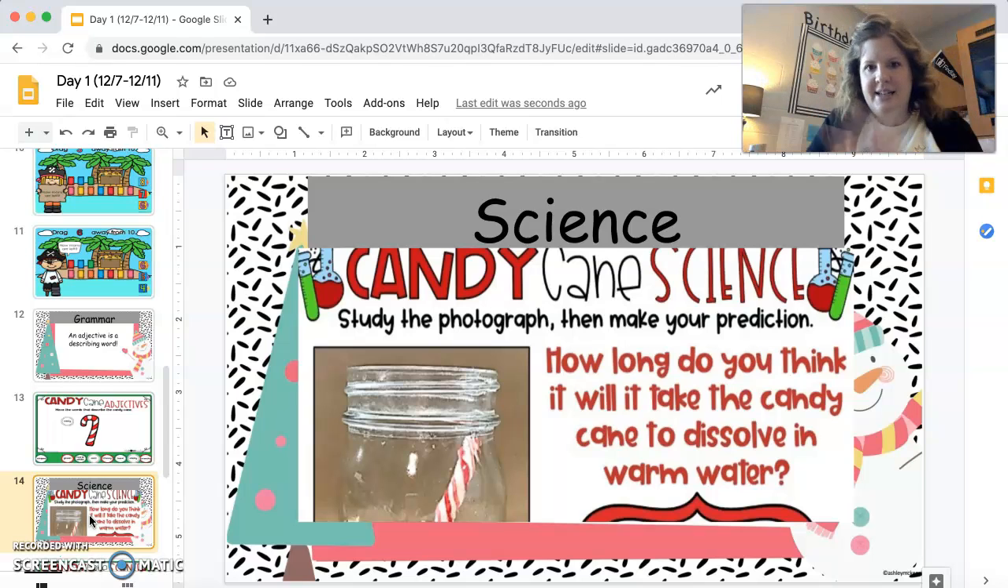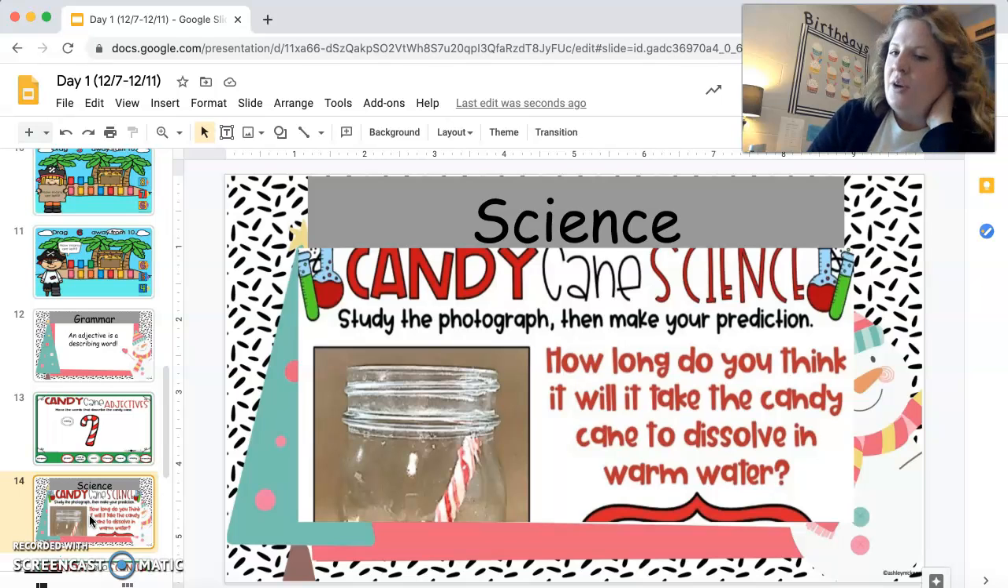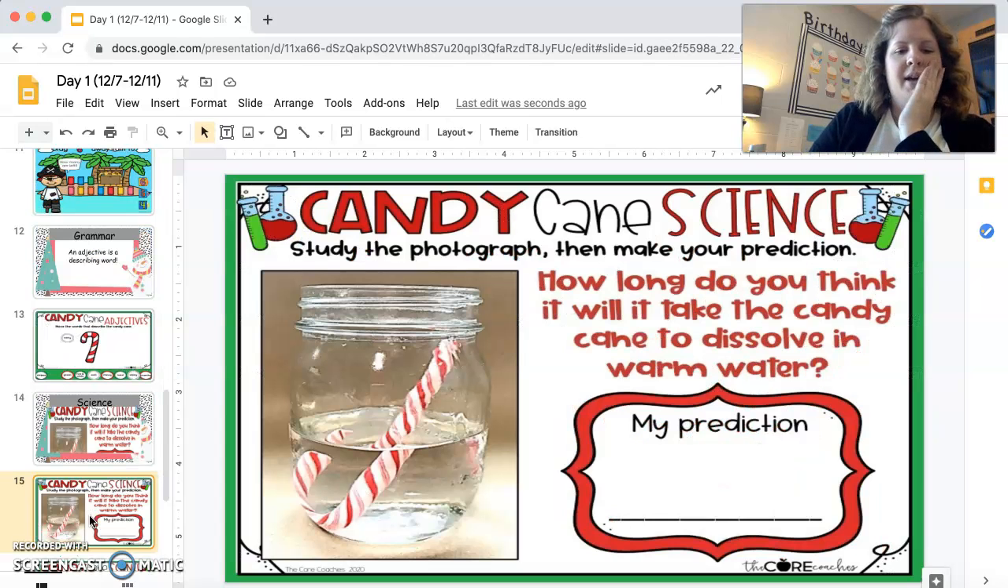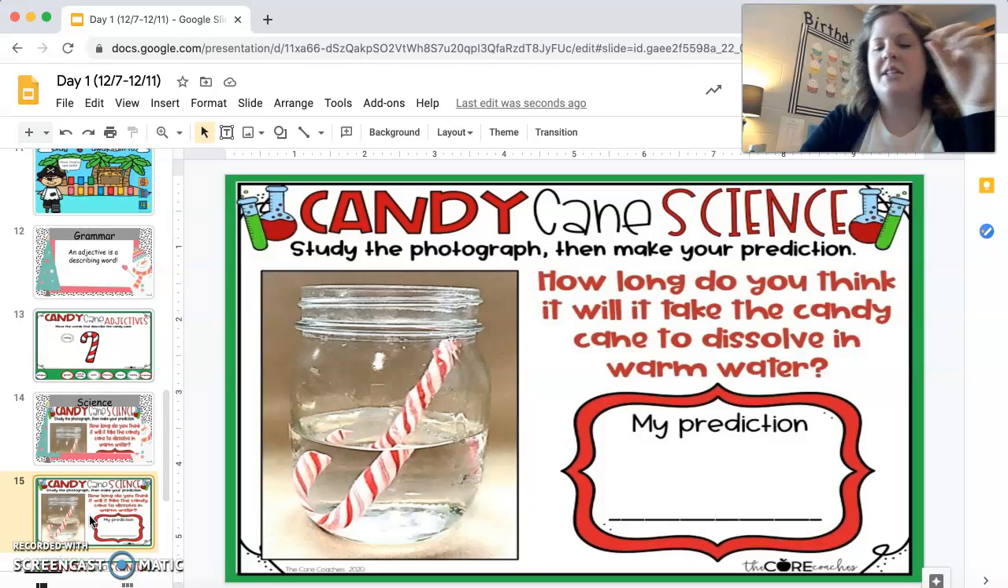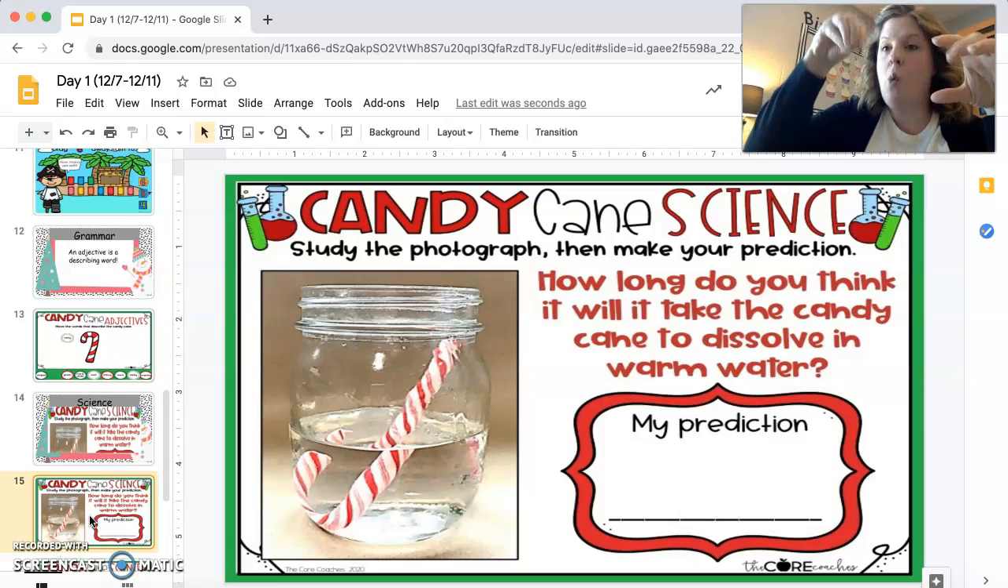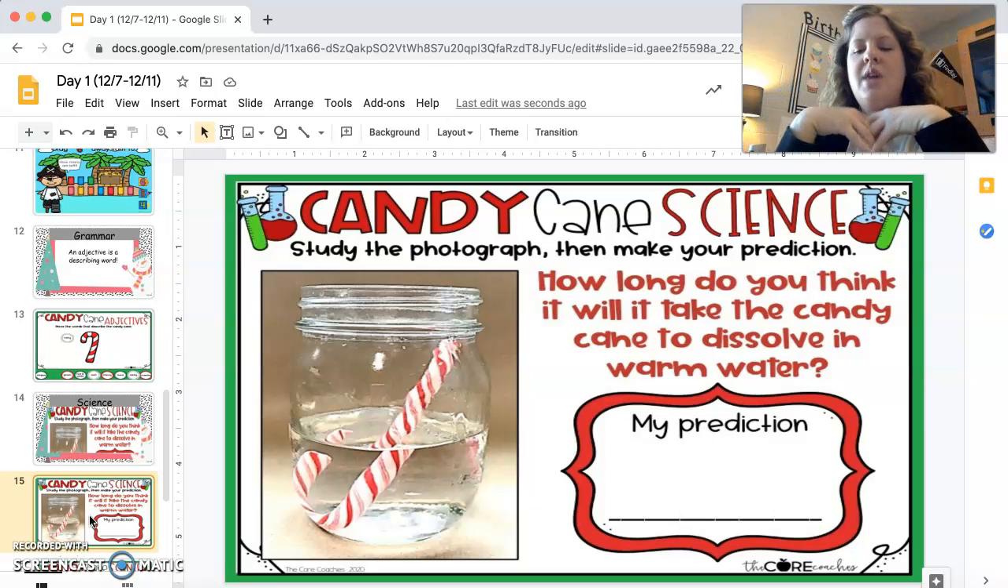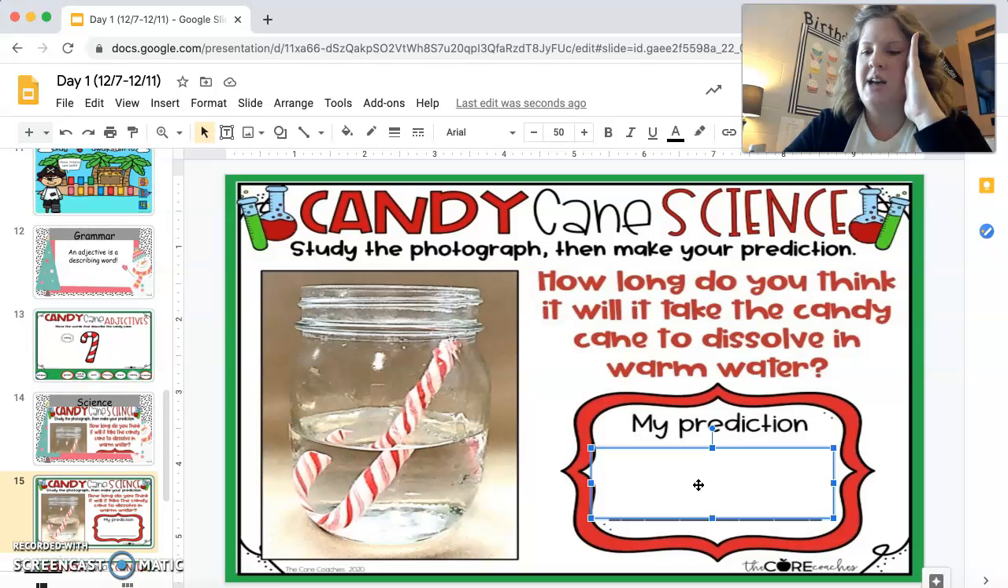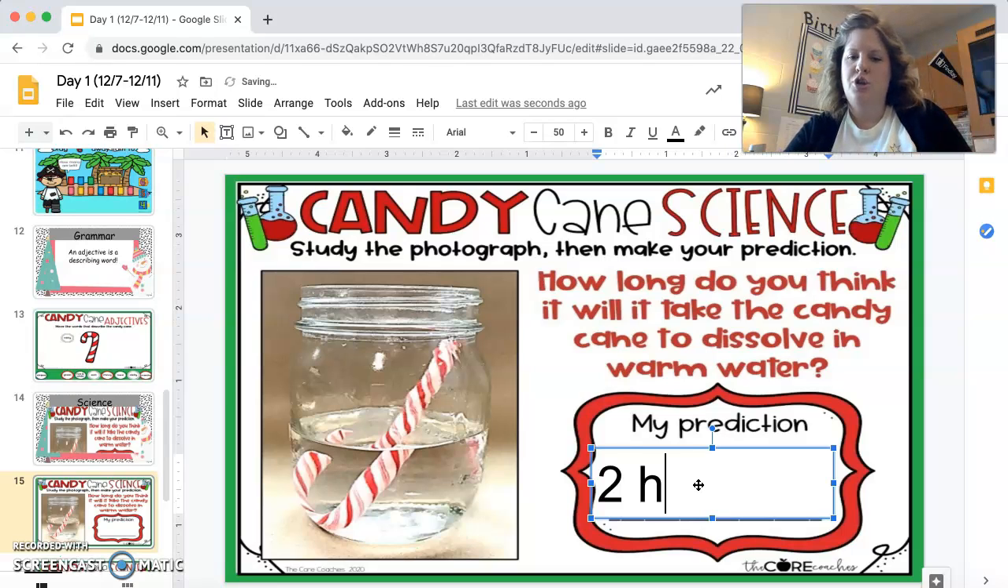All right, your science experiment today, candy cane science, okay? It says you're gonna study the photograph, then you're gonna make a prediction, okay? All right, so here is your slide. Study the photograph, then make your prediction, okay? So this is a candy cane that is in warm water. How long do you think it will take the candy cane to dissolve in warm water? So right here, you're going to click this box, and you're going to tell me how long, okay? You could say 2 hours, you could tell me 1 minute, however long you think it's going to take to